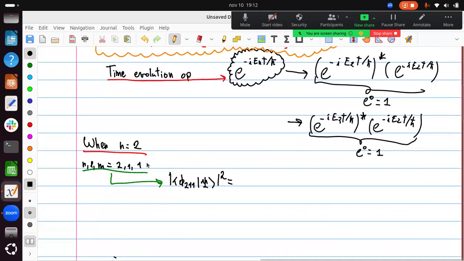And that is just 1 over the square root of 2 with the bra P211 and the ket P211, plus 1 over the square root of 2 multiplied by 1 over the square root of 3,